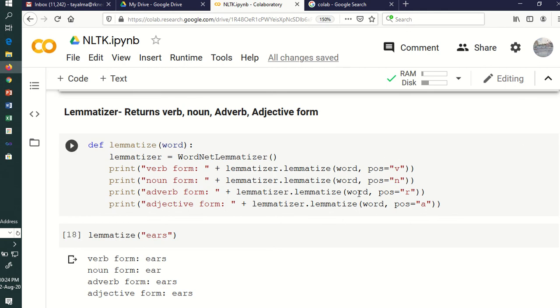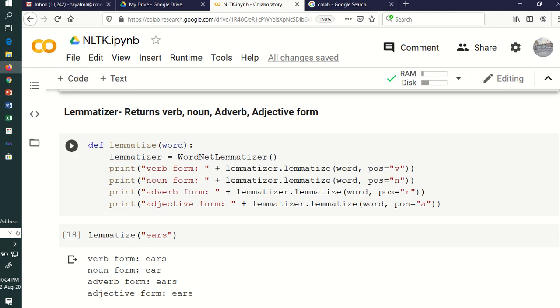You can pass the word here, and then the POS, that part of speech tag, you want as verb, noun, adverb, or adjective. So for whatever word you pass, it will give the different forms of it, because this lemmatizer uses WordNet in the background. So it has that much intelligence to return the proper forms of the word.